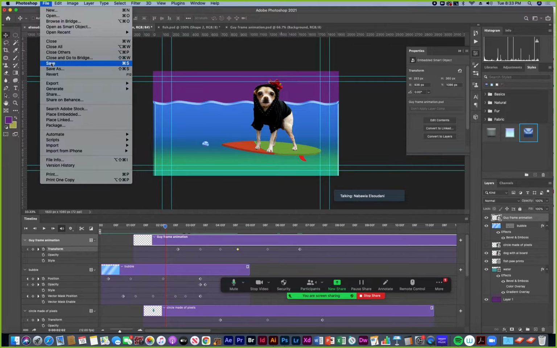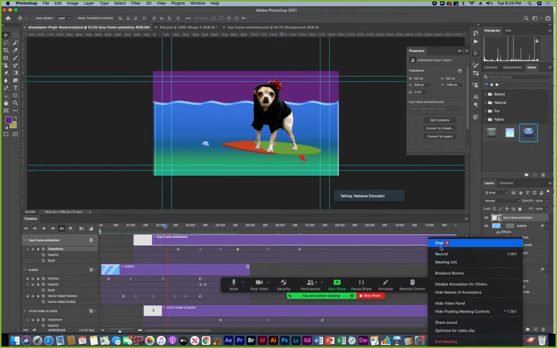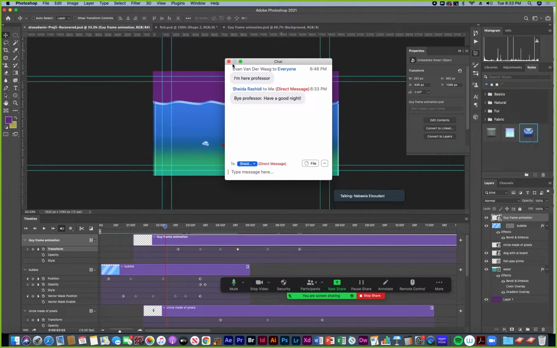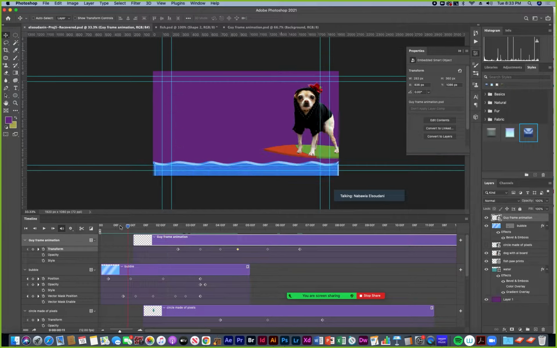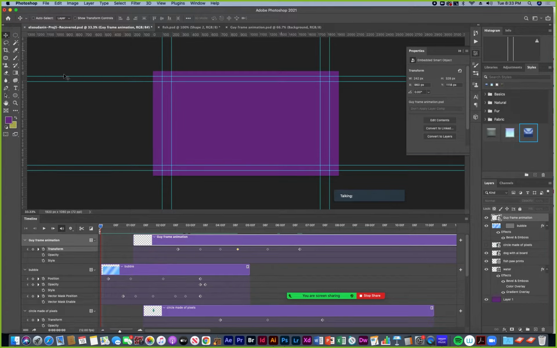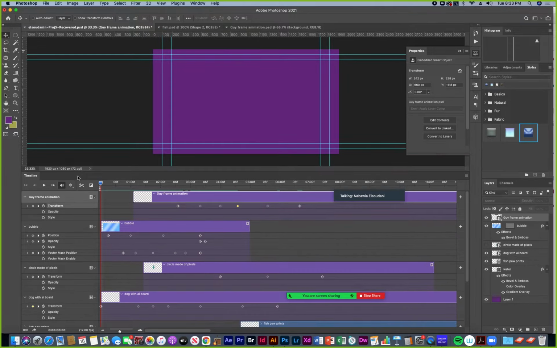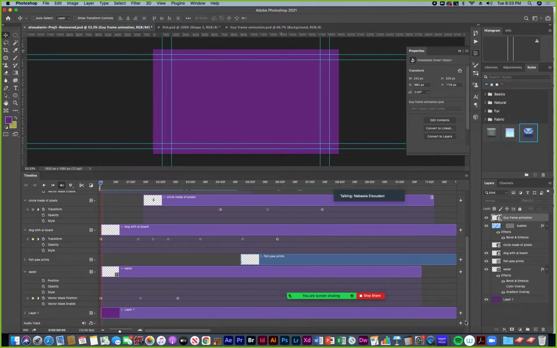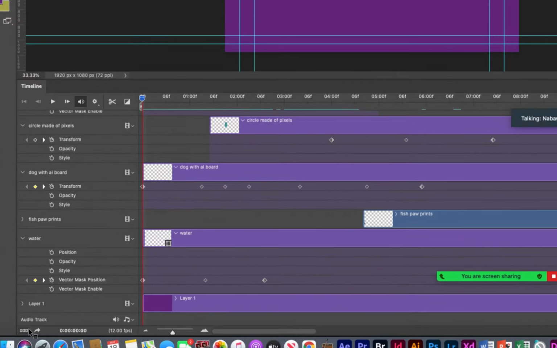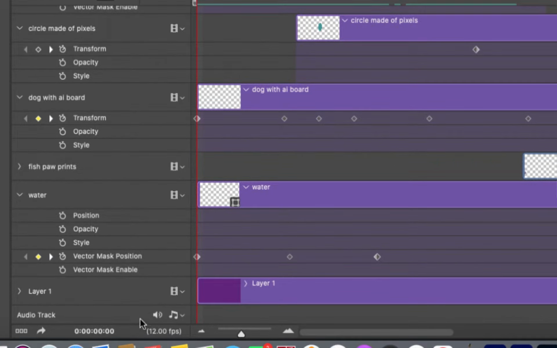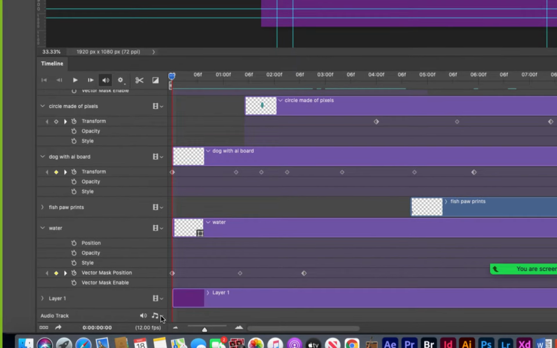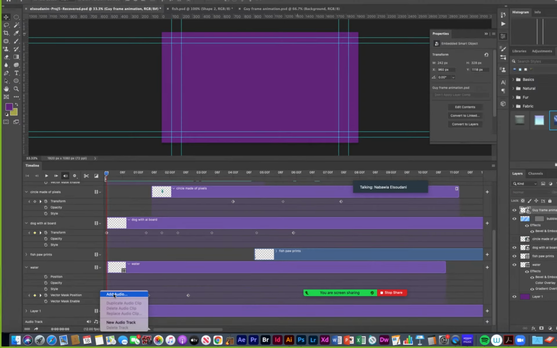So I'm going to save this. Got something in chat, but I want to get to text. So I'm going to add some music. So here we go. For music, if you want to add audio, you can go all the way to the bottom of the timeline, and there is an audio track option here. You can click the little option button on the far right, and you can choose add audio. You could also add multiple audio tracks. I'm going to choose add audio,